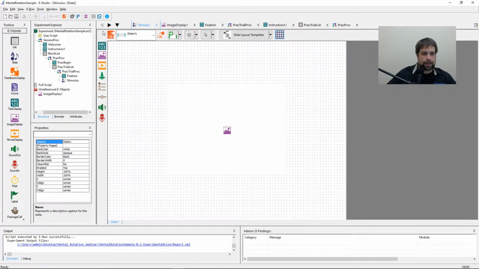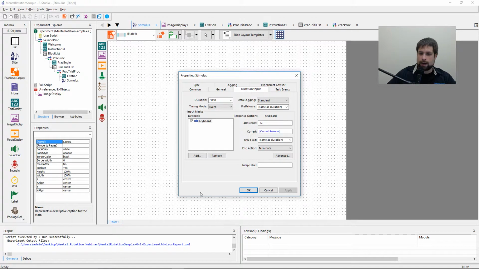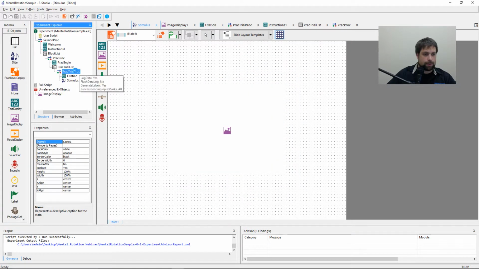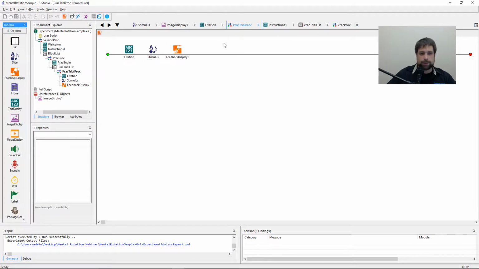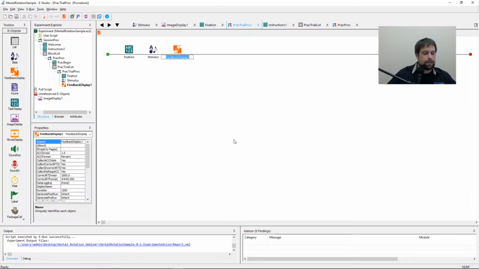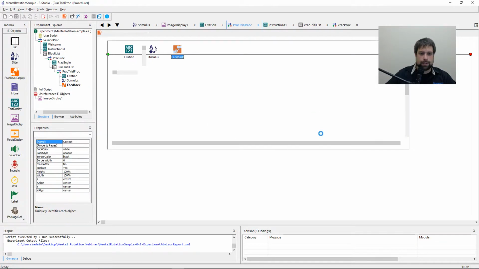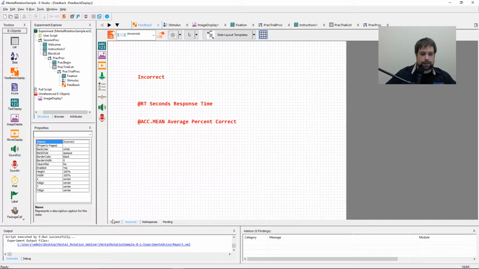Alright, so now it looks like I have my slide set up exactly how I want. The last piece of my trial proc then is just a feedback. So I'll take a feedback display, and I will drag it and drop it just after my stimulus object. Feedback display 1 honestly is a very descriptive name. I don't necessarily need to change it, but I'm just going to change it to something simpler. So just feedback. I double click on it to open it, and as you can see, these are